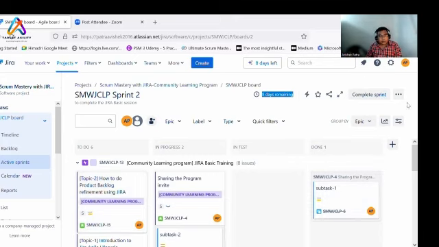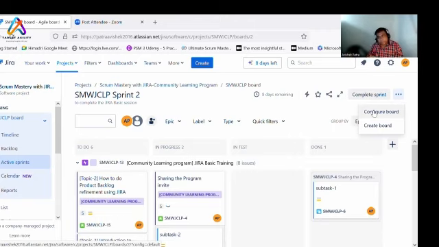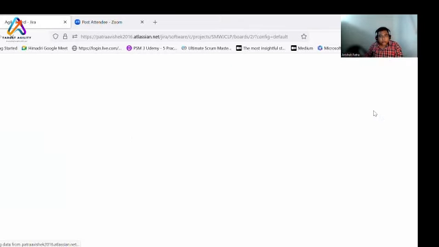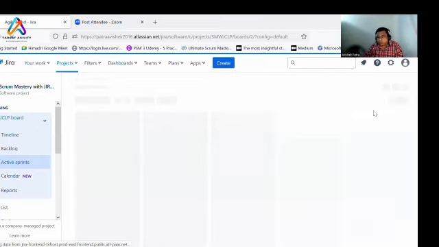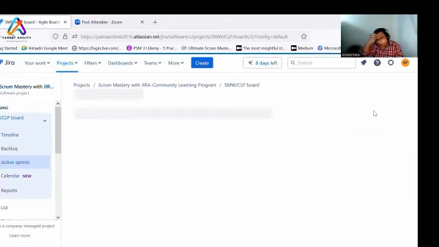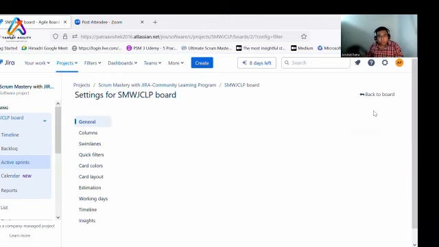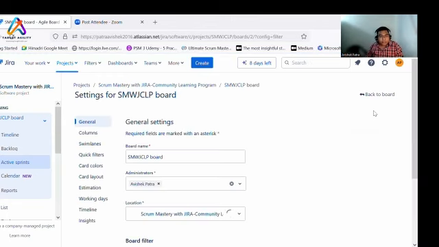Before that, I want to give a little bit of insight on the board. So I have configured the board before the start of the project, but at any point of time, you can configure the board. So let us see a little bit of the configuration side of the board so that you can use it as a different or fresh flavor. If you want to change the way you use the Jira board, you can change it accordingly. Sometimes if you bring in new things, it also brings a refreshing feeling for the team as well.